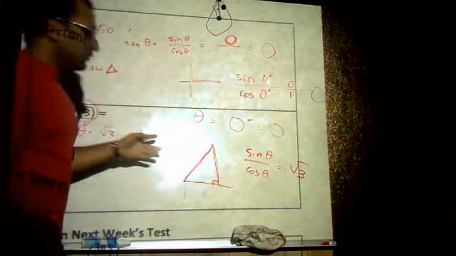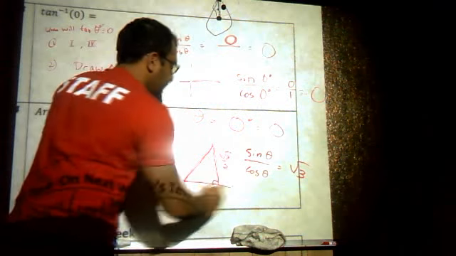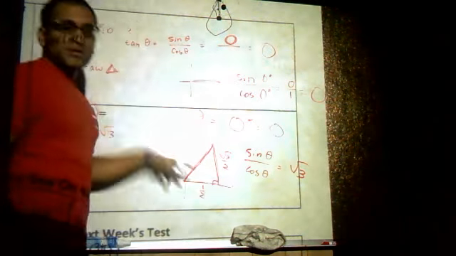You're going to have your numerator, so your opposite is going to be square root of 3 over 2, and your adjacent could be 1/2, or it could be flipped, but you have